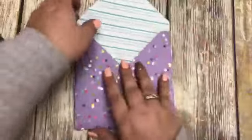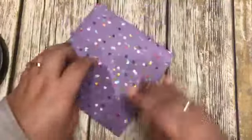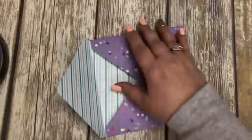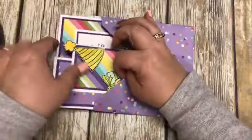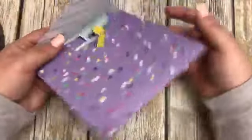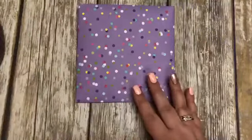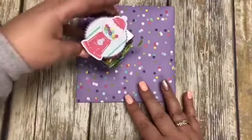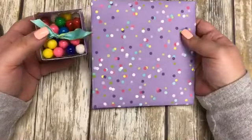And this part is going to just simply fold down. And now you have an envelope that this card will fit perfectly into. Look at this. And then you could just put a little glue down on there, or a little bit of adhesive to adhere that down. And with that card and this awesome little party favor, you have the perfect gift to take to someone for